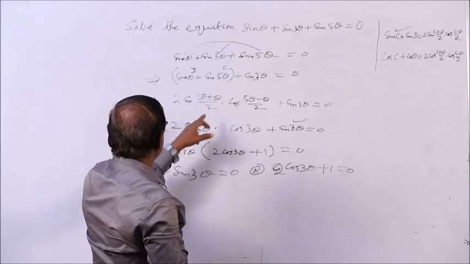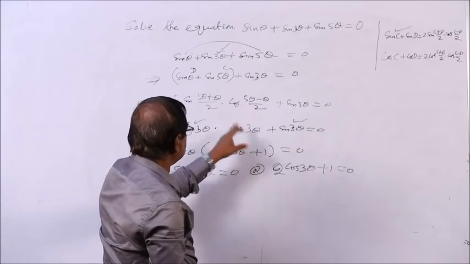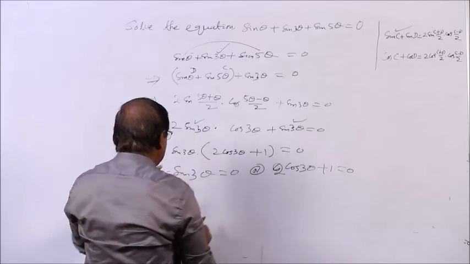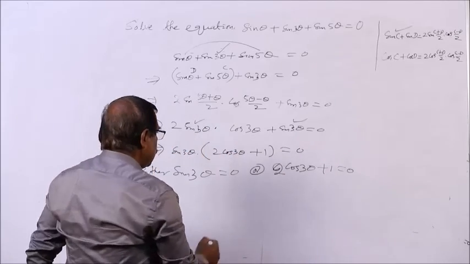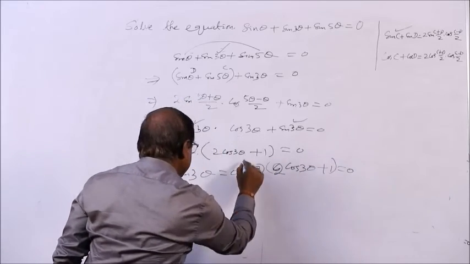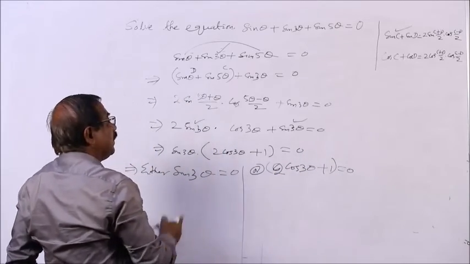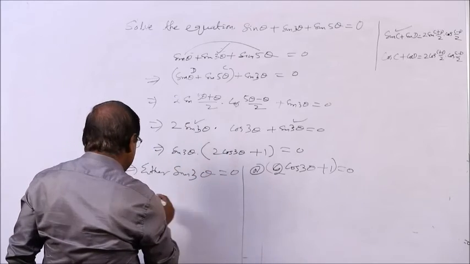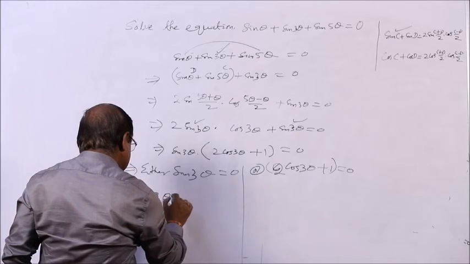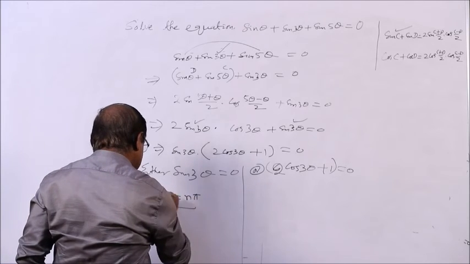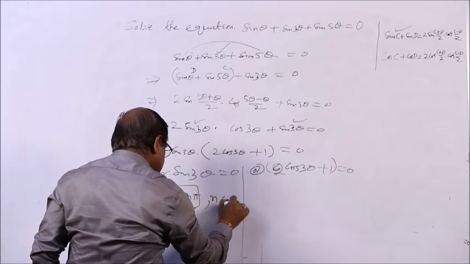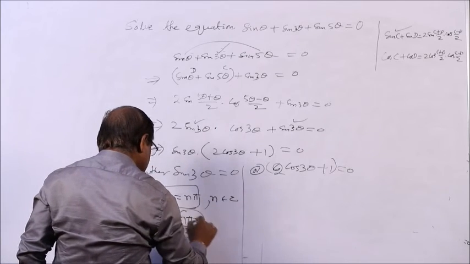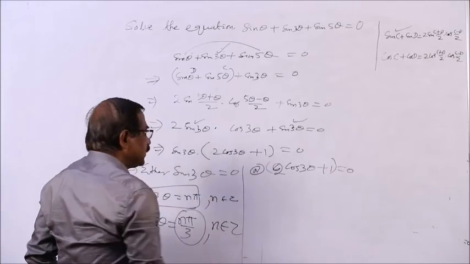So, this is 5 theta plus theta by 2, which gives sin 3 theta, and 5 theta minus theta by 2 is cos 2 theta. In these two terms we have taken sin 3 theta common. So, this into this is 0. So, either this is 0 or this is 0. So, for this part, sin 3 theta is 0. I have told you just now, if sin theta is 0 then theta is n pi. By that formula 3 theta is n pi, that is the general formula, n belongs to Z. So, theta is n pi by 3, n belongs to Z. General solution.